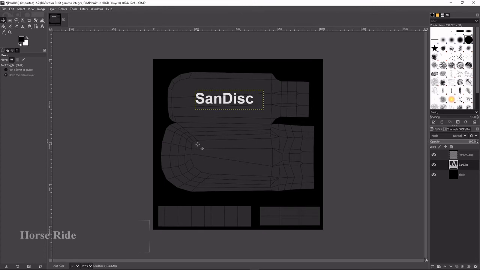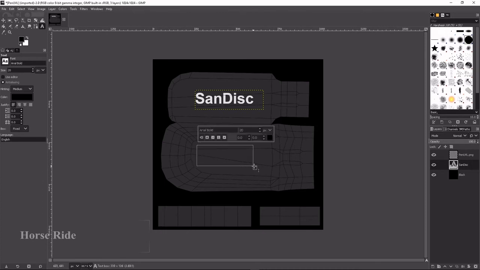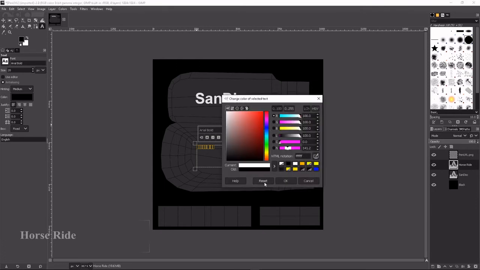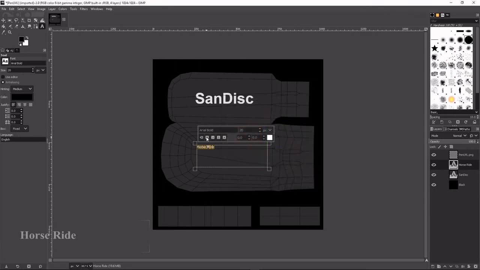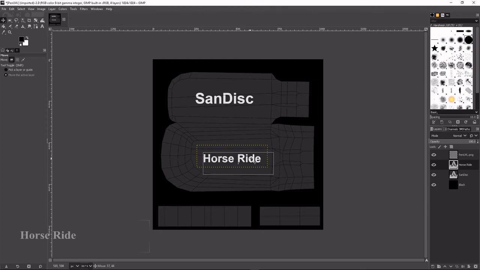Here we can put a logo or whatever is required. I just put it here as one layout, this kind of name, my company name, like horse ride. You can see that I have selected the black color, so it's looking black. Change the color and increase the font size, so I make it a little bit small, and go to the move option, select the rider and move it. Okay, fine.